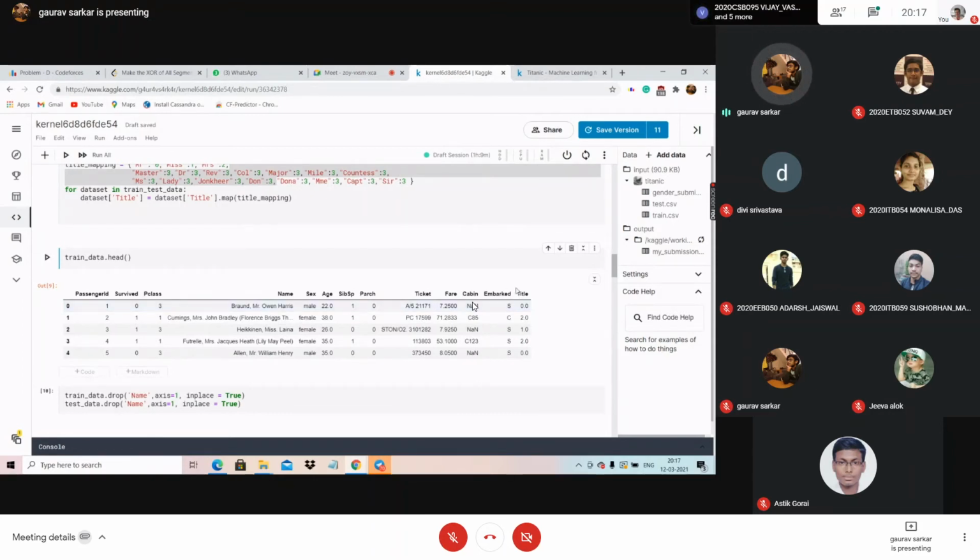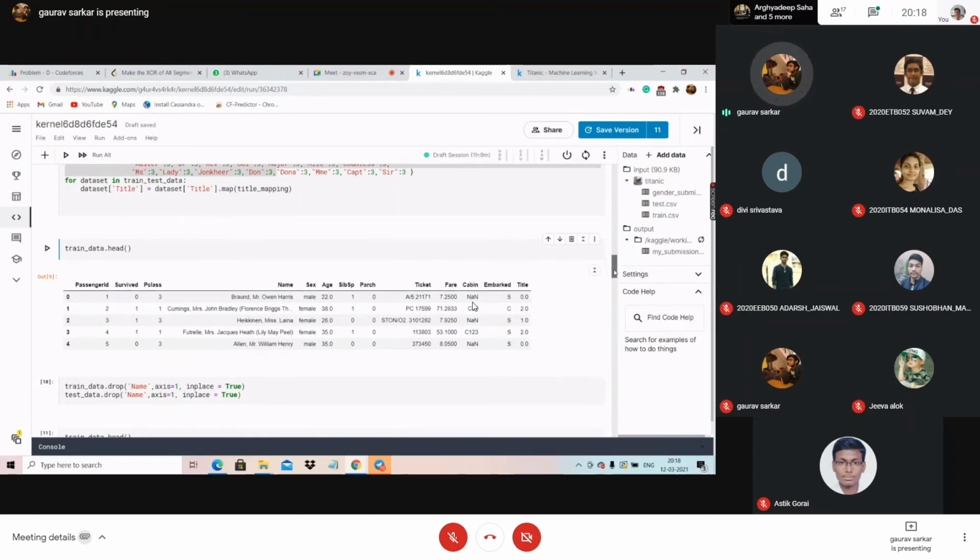You are trying to bring all the features close to each other. Suppose your fare is in decimal, 7.2, and your title is also in that range, so you are trying to bring that to a magnitude of 10. A fare's max is, say, 7153, so the max magnitude is 100. Title values you choose in a similar way so that they are close in power to this fare value. Last day I told you in detail about why we are doing this, so I'm not going into that detail.